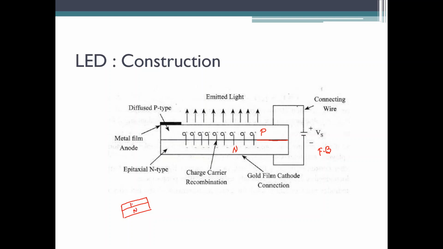this is your P-type material, all these regions that I'm going to shade here, or maybe I can say this wall, the lower wall and the side wall, all these walls should be coated with a gold film cathode connection. Gold film cathode connection is just a reflective material connected at the inner side of the diode, the inner side of the LED.